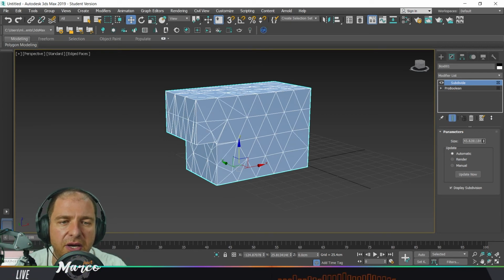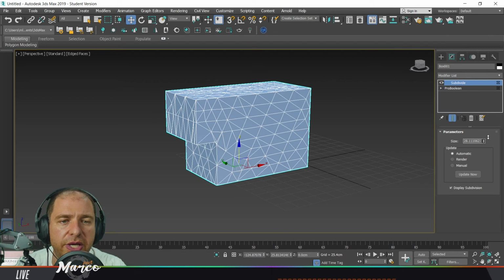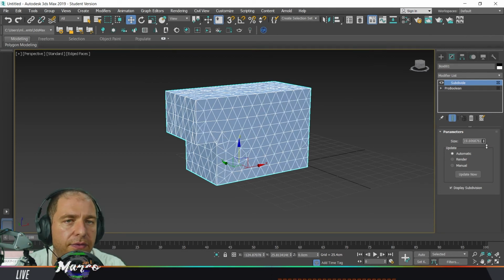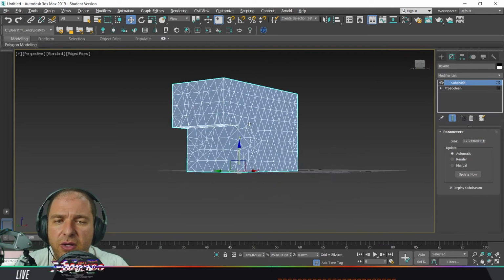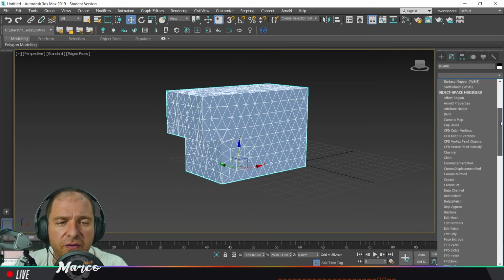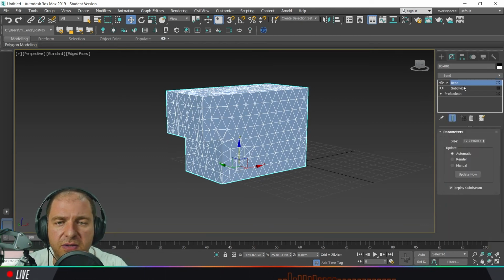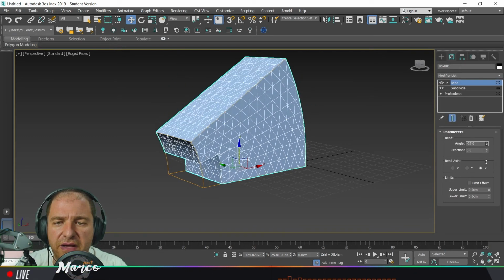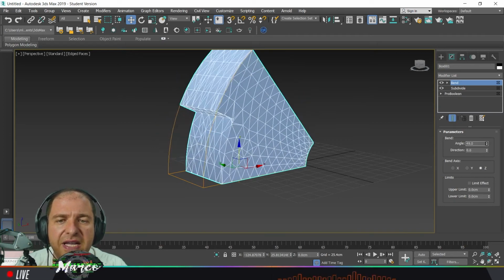I said slowly because if you go too fast and this parameter goes quickly to 0, again 3ds Max will crash. Last but not least, now I can use bend, for example, because I have enough segments, but sometimes it